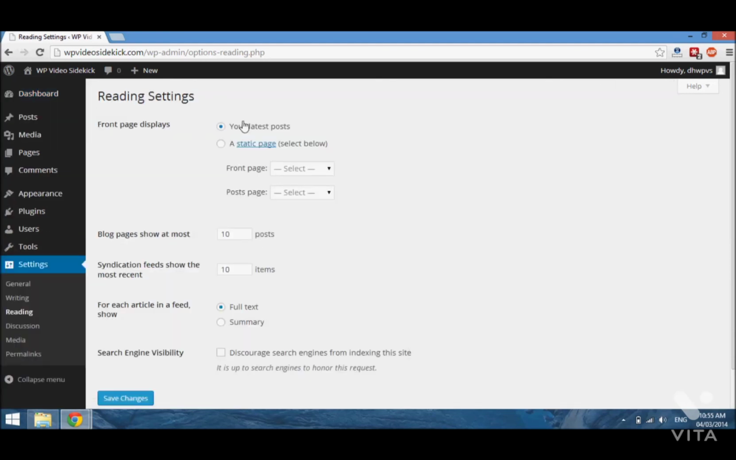And you will see an option that says front page displays. Now, as you can see, the radio button has selected your latest posts. As we said before, this is the default, but you can put a static page, and where it says front page, you can select one of the pages that you have already created. So in this case, I'm going to use our about me page. And if we wanted to have only pages on our site, we select save changes,